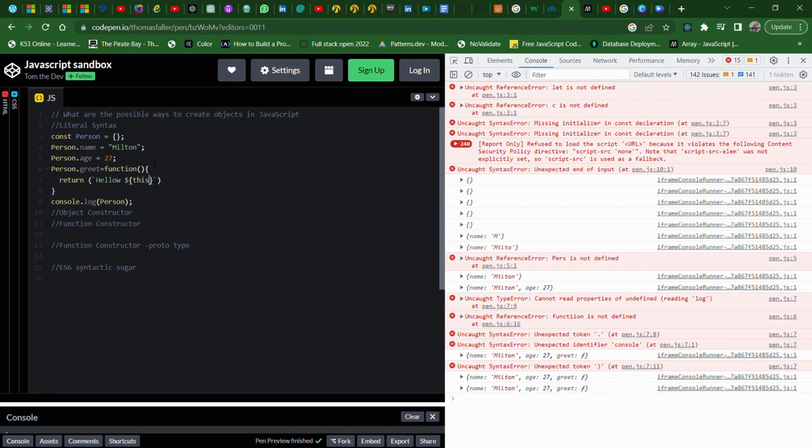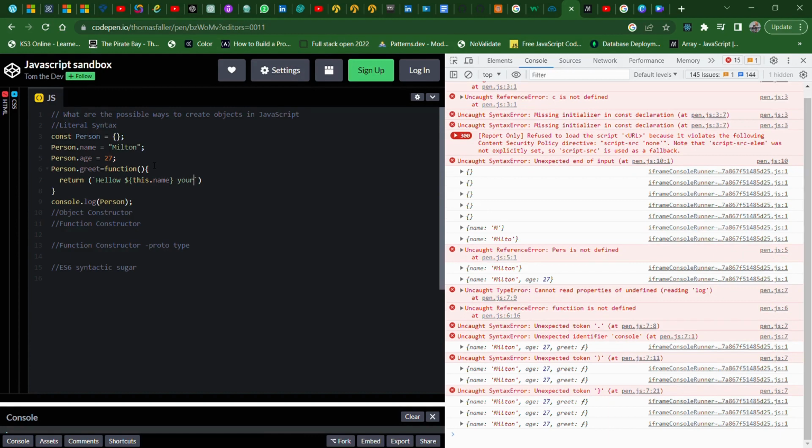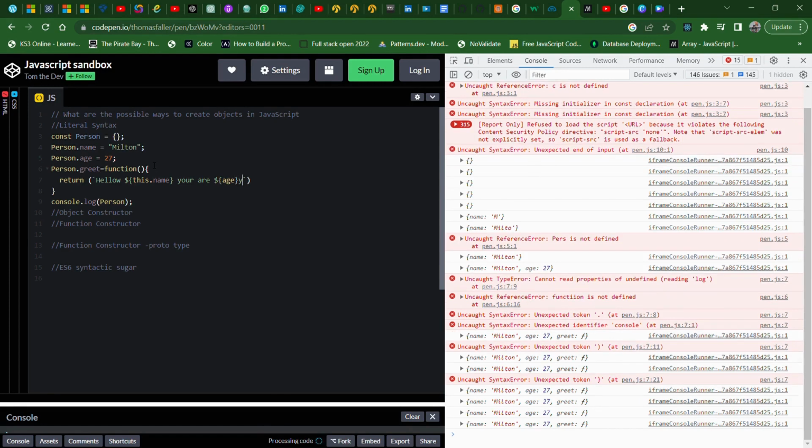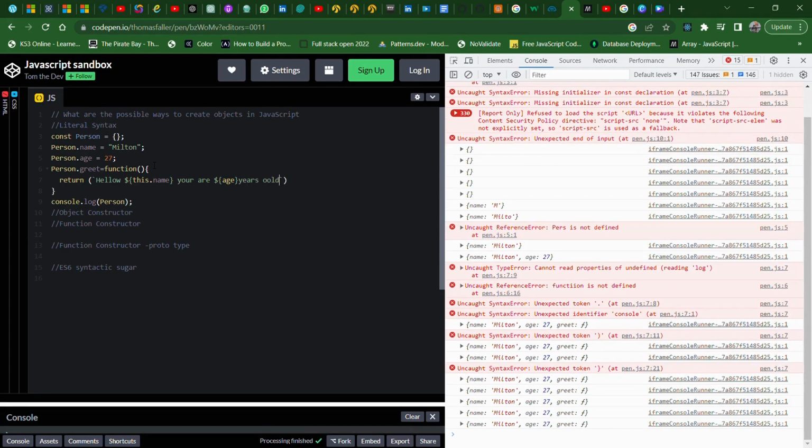Now you might be asking, why am I putting this? This is referring to the name of the object that I'm going to instantiate. So then we say hello, whatever name you can say, age years old, like that. Alright,